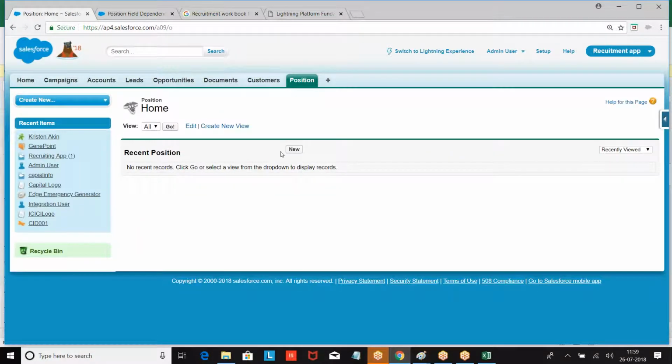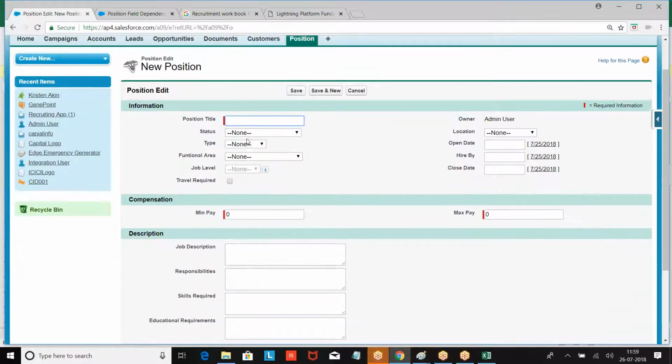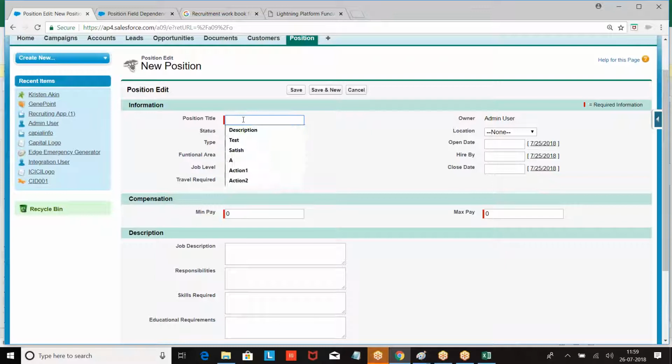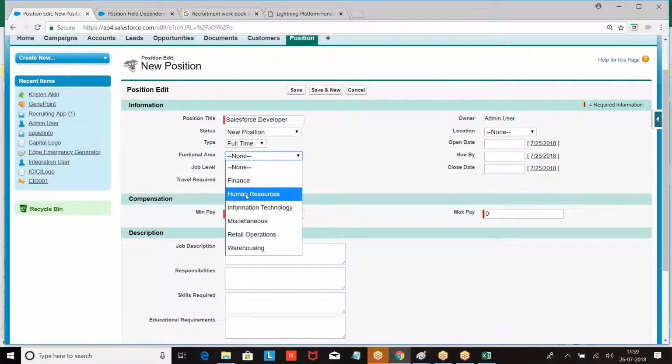On the tab, what are you finding here? Recent positions. Now, which fields will be displayed here? So I told job title, Salesforce developer, status, new position, full time, functional area, IT.